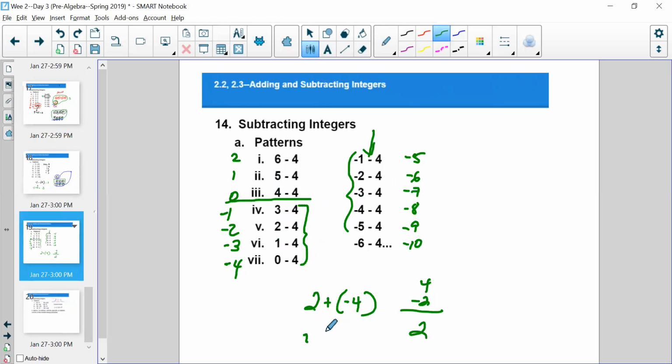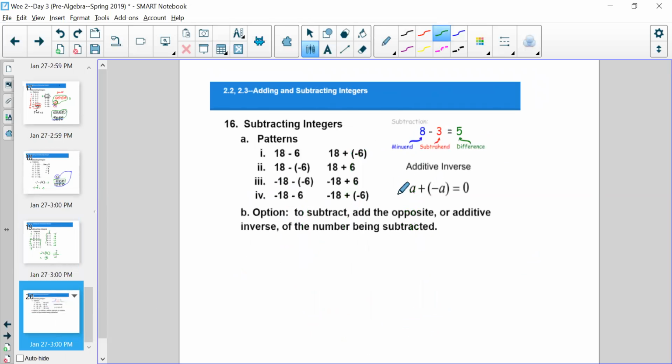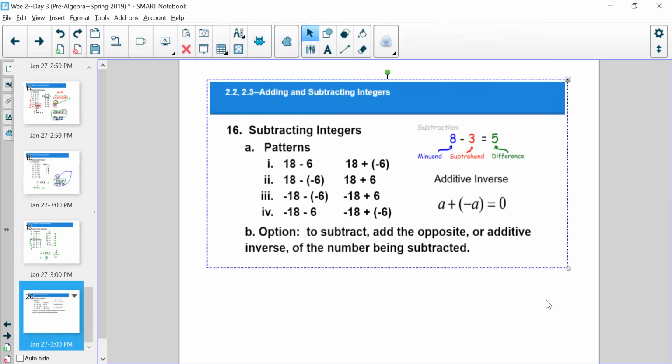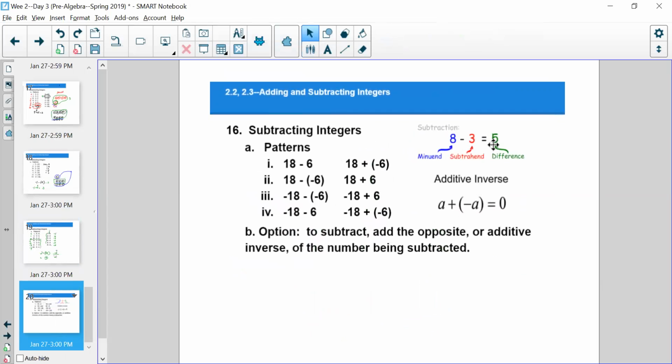Absolute value of 2 is 2. Absolute value of negative 4 is 4. That's the largest absolute value, and it has a negative. So again, subtraction can be written as an addition problem using the additive inverse, and that's more of a, if you see the example of 8 minus 3,